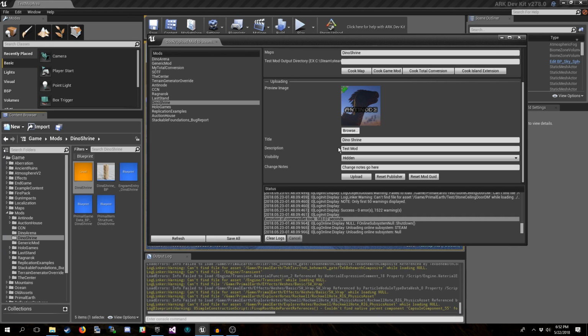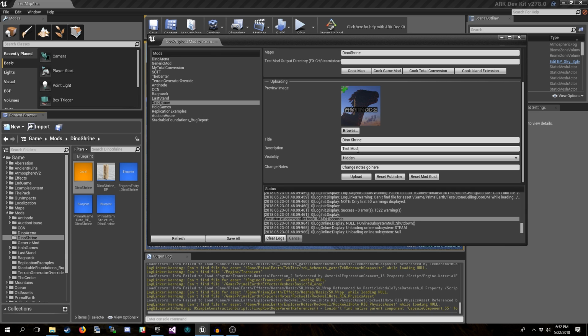Now, with the description, there might be the temptation to include a bunch of information here before you upload it, but this is kind of finicky. You can't have any special characters in it. It'll throw an error when you go to upload. So the best thing to do is just to have a bit of placeholder plain text here.